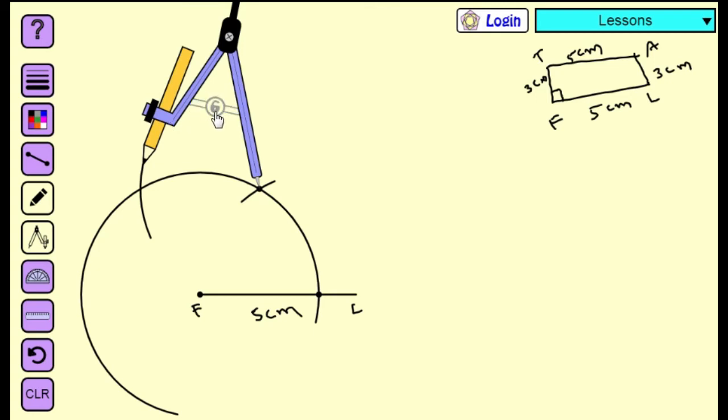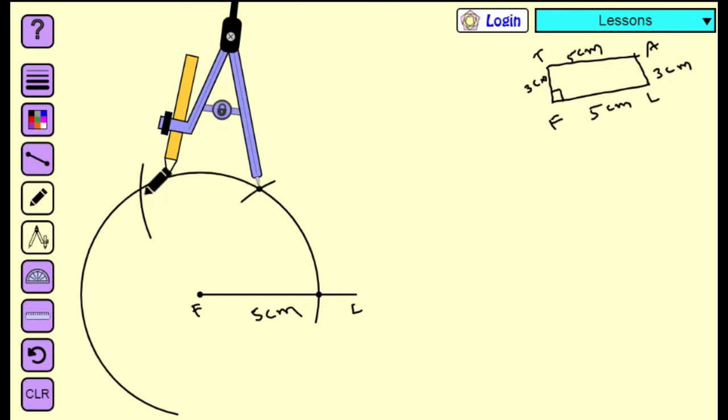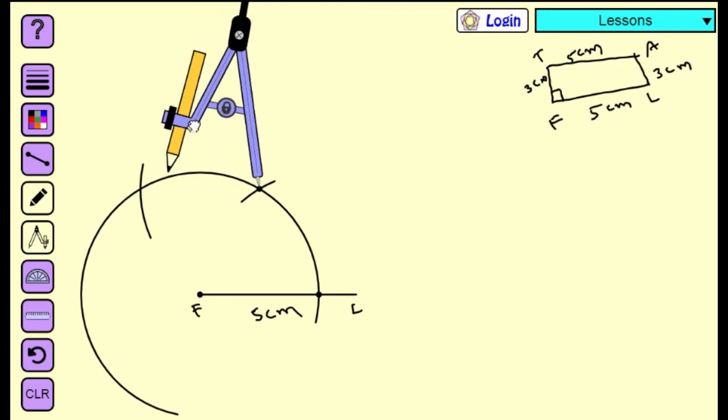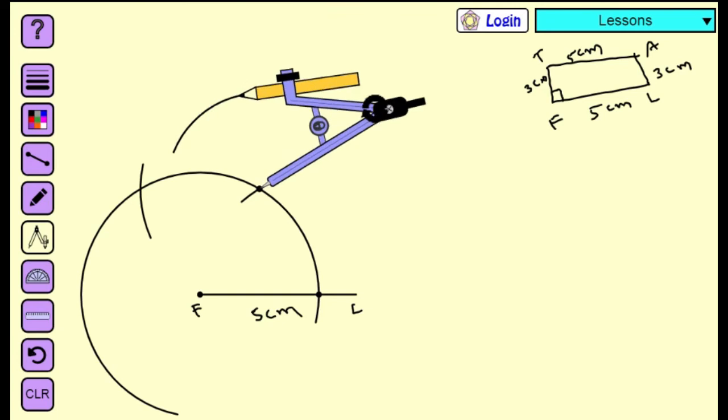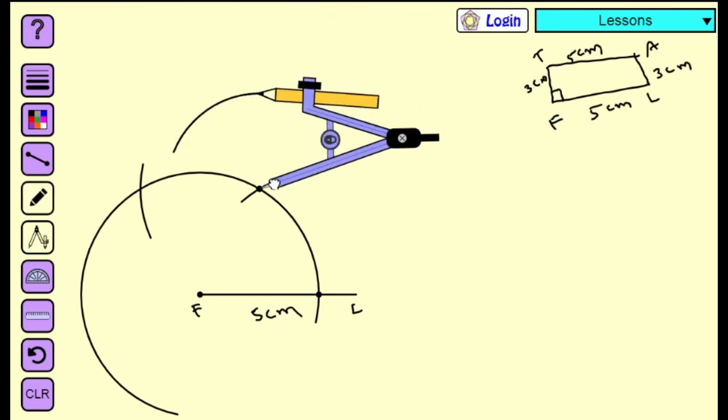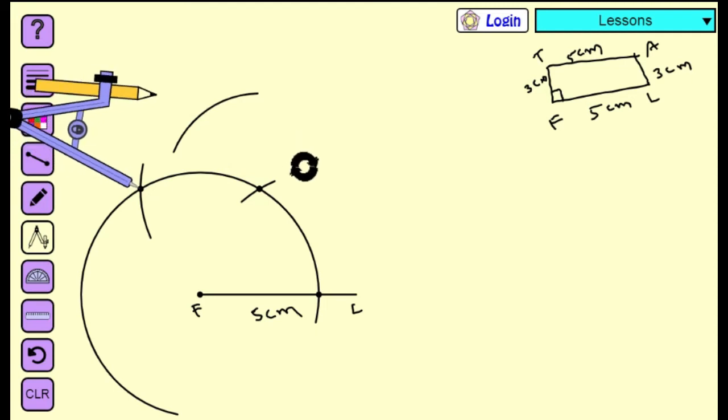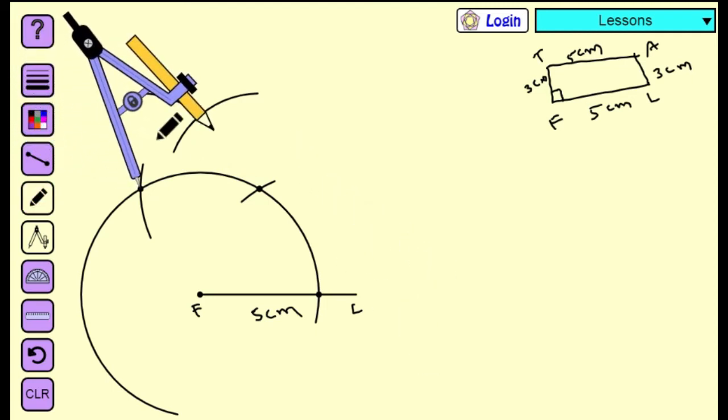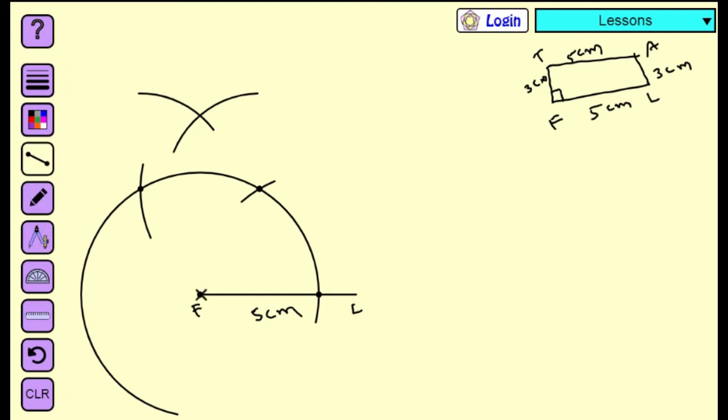So to construct the 90 degrees, first we need to bisect the arc between 60 to 120. For that we should take more than half of the length of 60 to 120 degrees arc. Again with the center 60 degrees, draw an arc here. Again with the center 120 degrees, draw another arc which cut the previous arc. Now draw a ray from point F. Now this is indicating the ray FX, and now we got angle F is equal to 90 degrees.